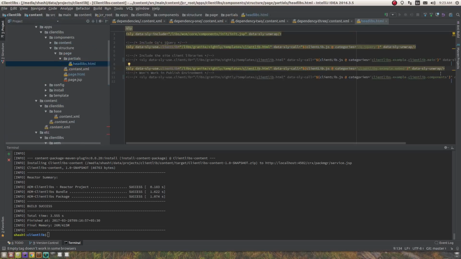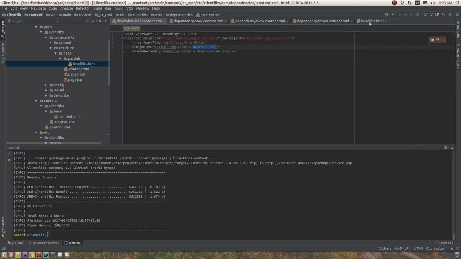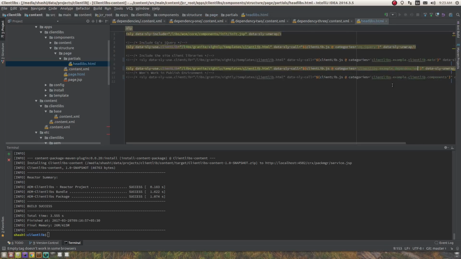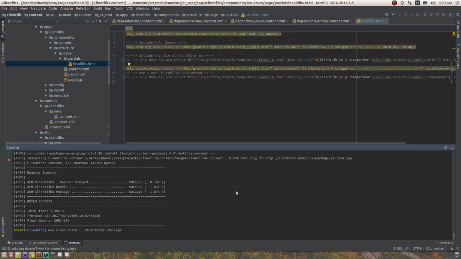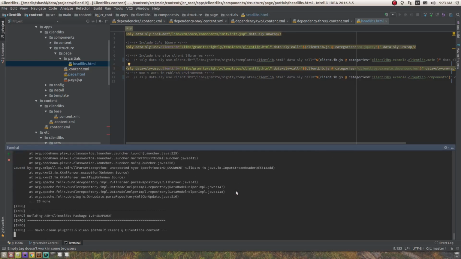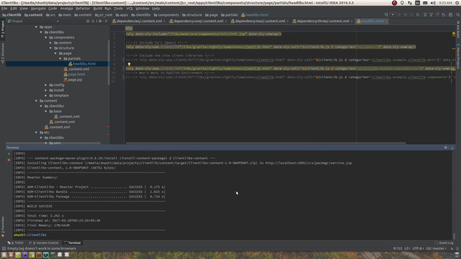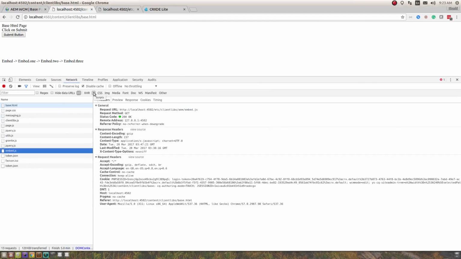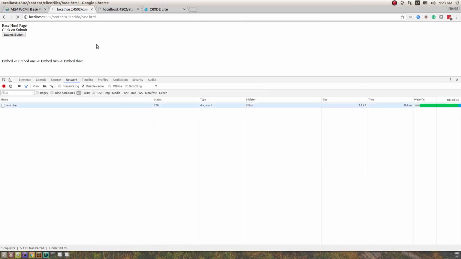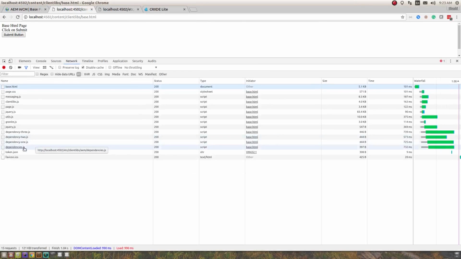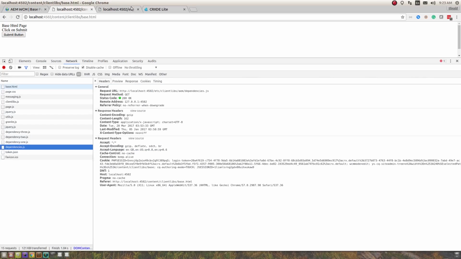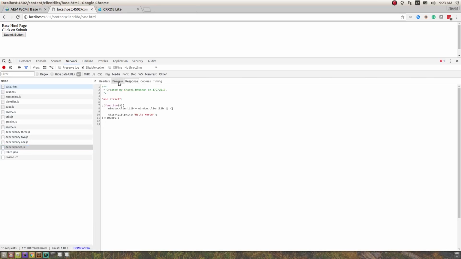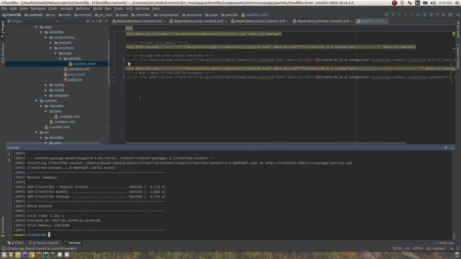Now I'll change this to, I guess it was dependencies. Okay, so now I'll just change that to dependencies. I'll deploy this, and then we'll load in our page again, and I'll show which calls are being made this time. So now this time we have a dependencies.js, and its response has our main client lib hello world, which was included in